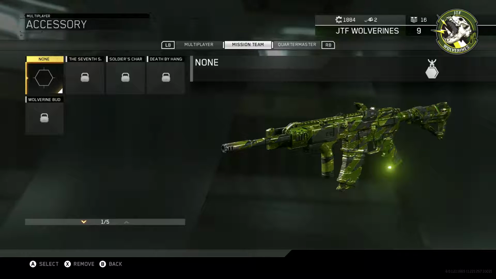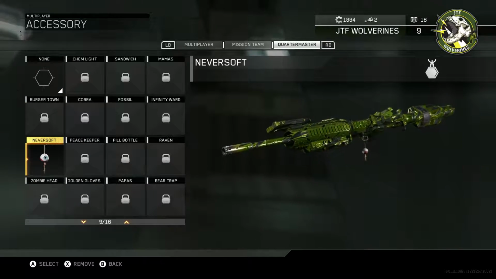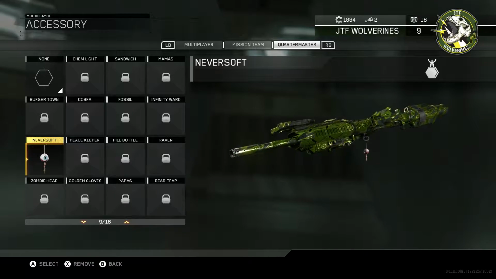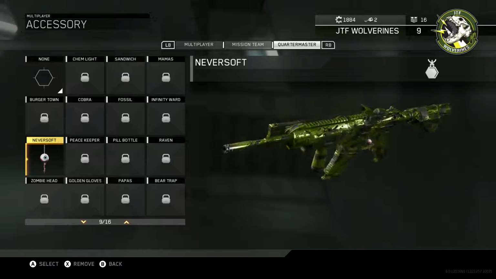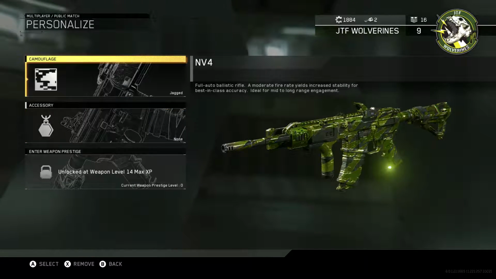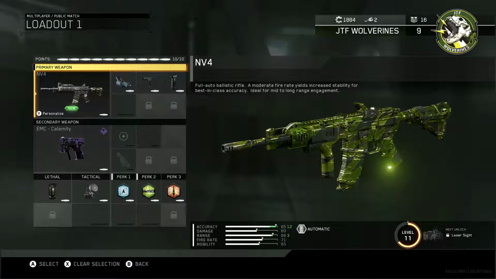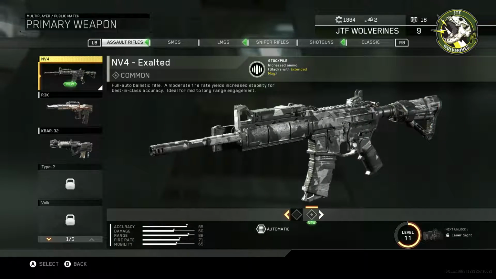So let's see. Yep, so that just hangs. That's kind of cool. It just hangs loose on your weapon. Alright. Kind of neat. So it looks like there's a bunch of different things you can get there. And of course, all of these different variants. This will definitely be nice